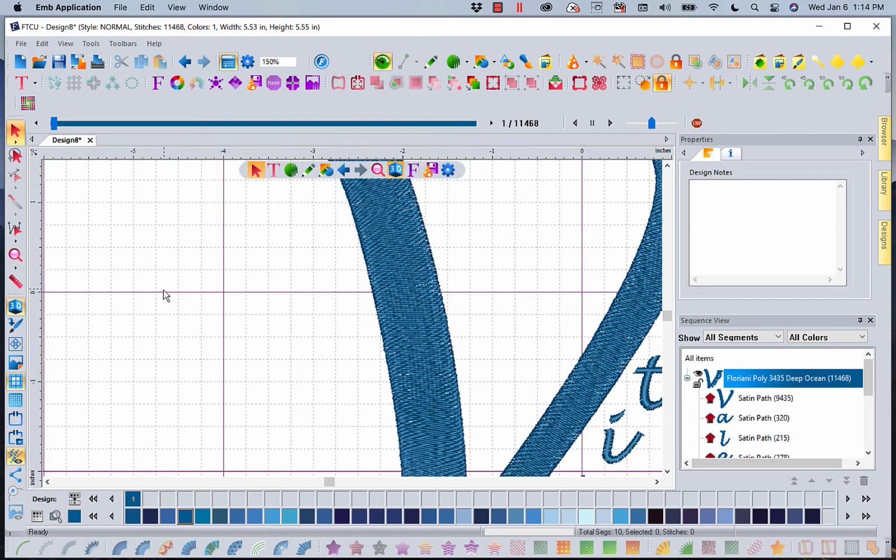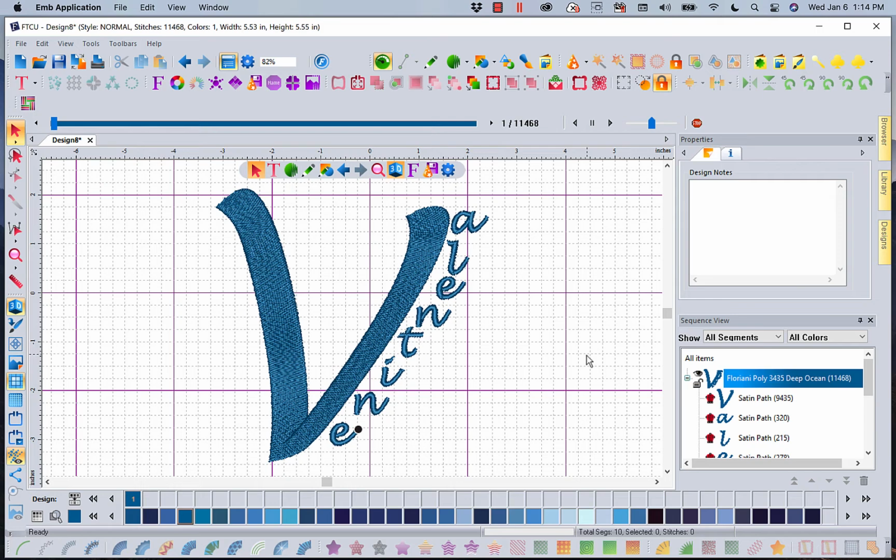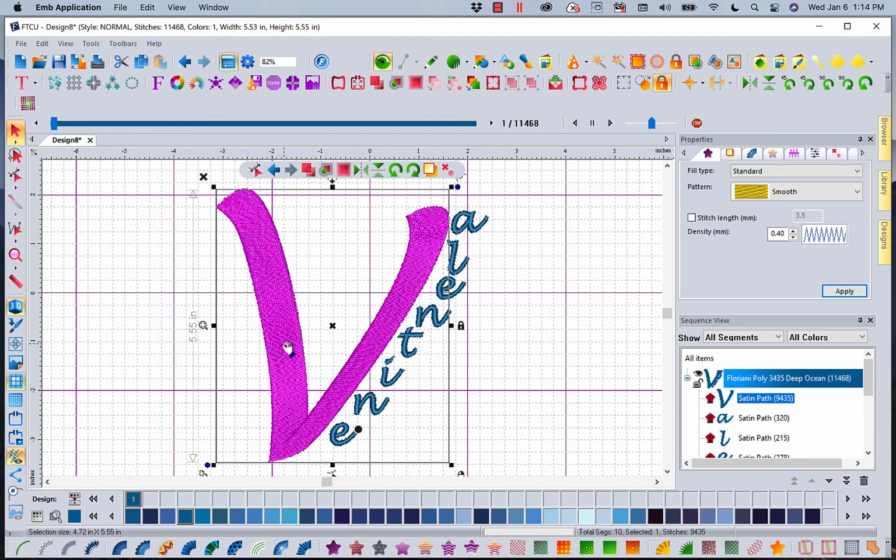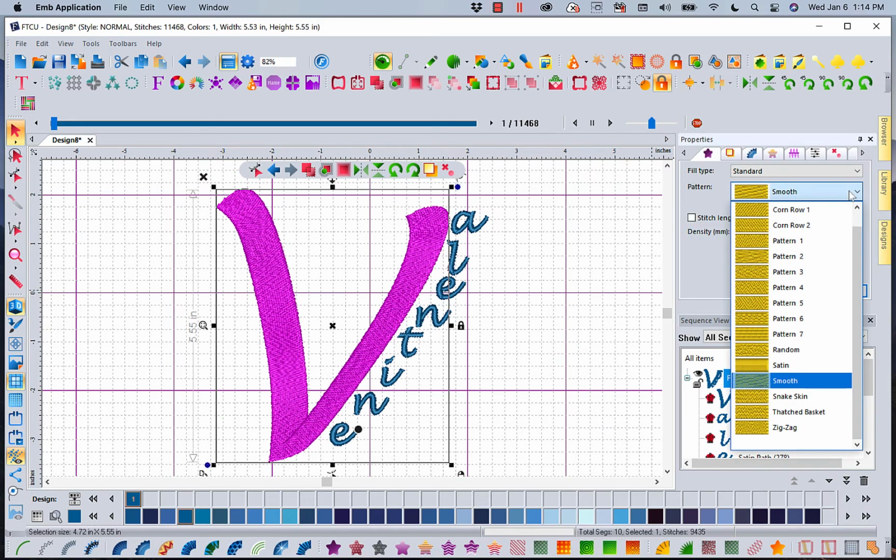And where this really gets important is when you're doing things like big monograms, because monograms have to be certain sizes on a towel or a bath sheet. A monogram needs to be 5 inches tall. Well, there's not a whole lot of fonts in here that can be 5 inches tall and look good as a satin. So by being able to change your fill, and if you didn't like smooth, you could say, well,